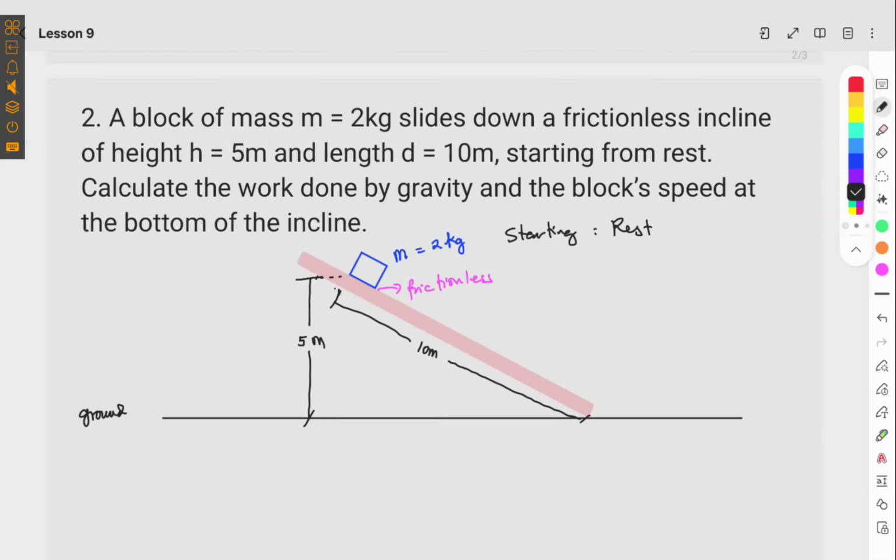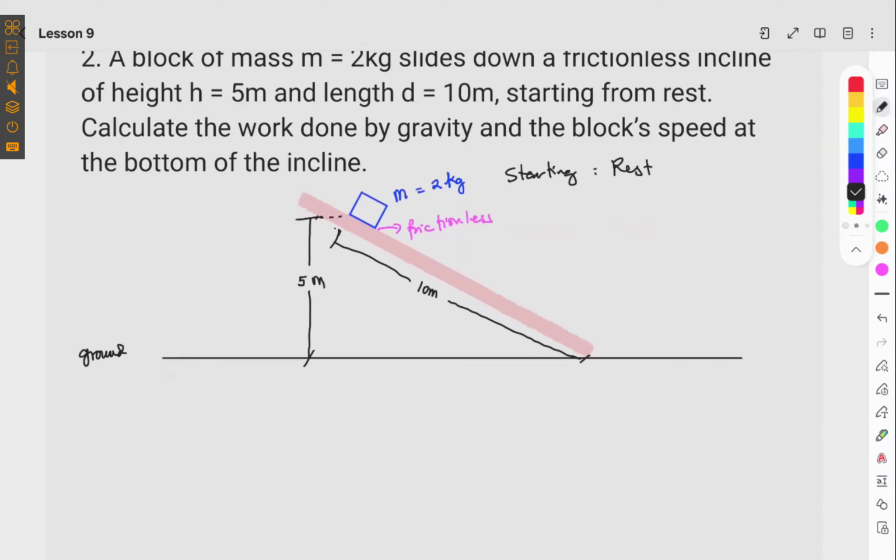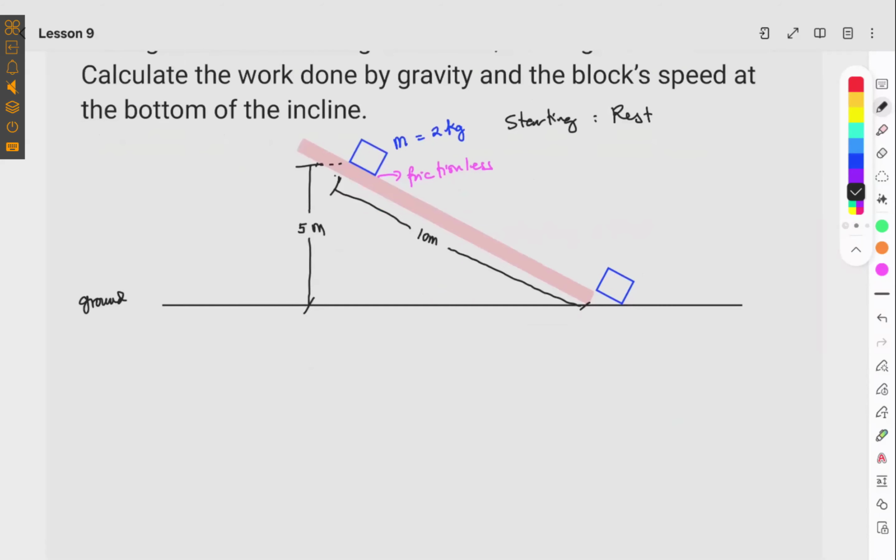Okay, how would one calculate that? Well, you can use the conservation of energy, right? So at the final position, this is your initial position, and your final position, the box will be here, right? It will stop over here. So using the concept of conservation of energy,